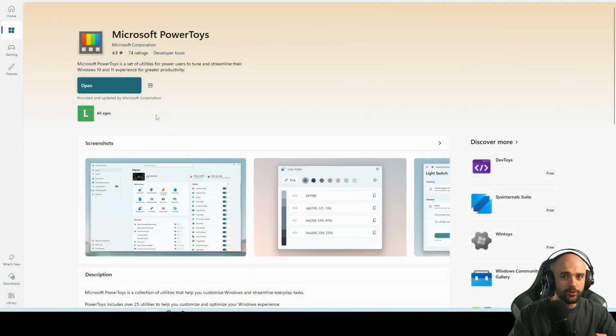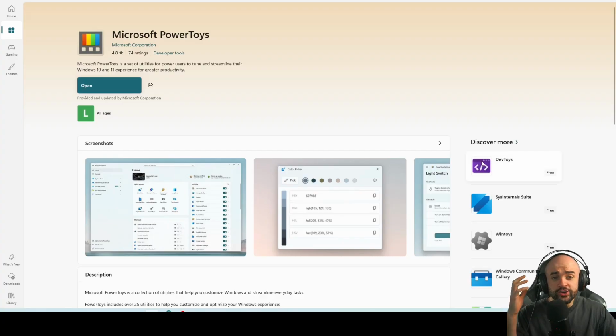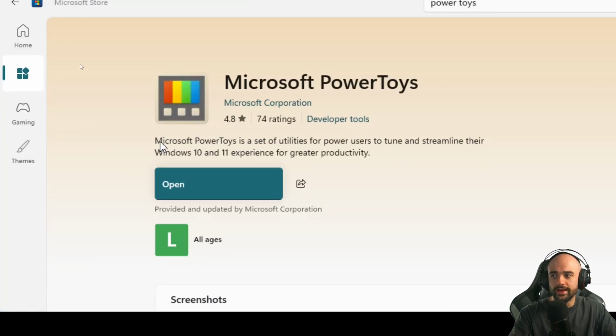In this video, I'm going to talk about a tool from Microsoft that you can download for free at the Microsoft Store. In my opinion, this tool should come with Windows 11 itself, but for now, you need to download it from the Microsoft Store. As I said, it's a free tool, so you can just go to the Microsoft Store and click download and install. It's a set of utilities for power users to tune and streamline their Windows 10 and 11